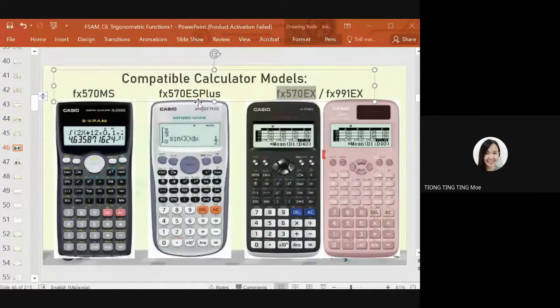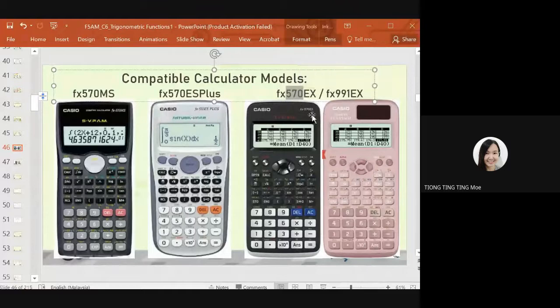Okay, ES compared with MS of course lah, sebab dia lebih suitable to the more functions, okay. Then another one is the ES Plus, this one. I've been using this one also lah. Okay also, this one is okay also. This one like the first generation, second generation, and now come to the third generation. As long as you see the model, as long as 570